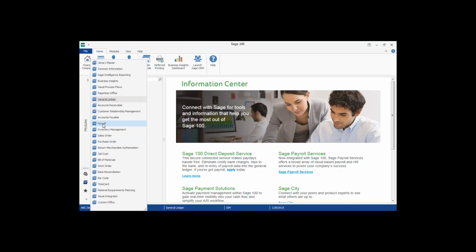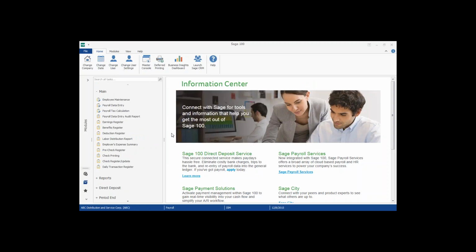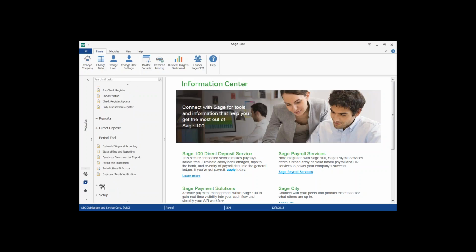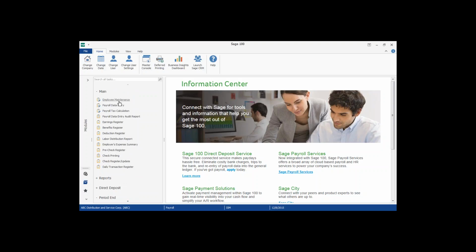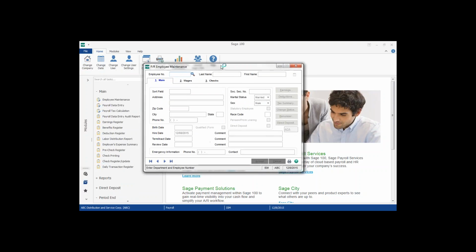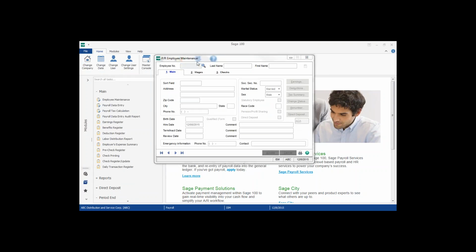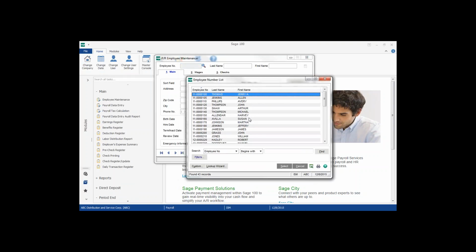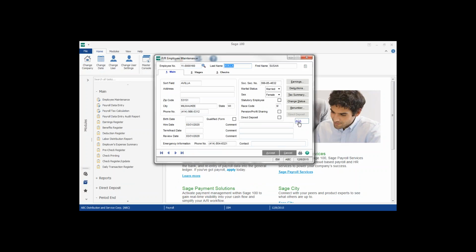So, ACA. So the ACA information is in a few places in payroll. So let me just go through all the different places. So there's actually an ACA menu, period. There is an ACA menu. Or you can access it through employee maintenance. So if I come into the system and I bring up an employee, I have a new button down here